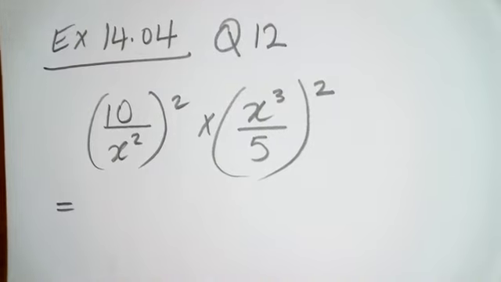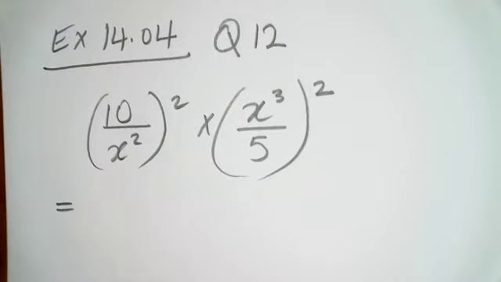Okay, exercise 14.04, question 12. Now this time we've got squares on the outside of the algebraic fractions, which makes life just a little bit more involved, a little bit more complicated, but nothing too scary. So what we've got to do is do the squares first before we can multiply the fractions